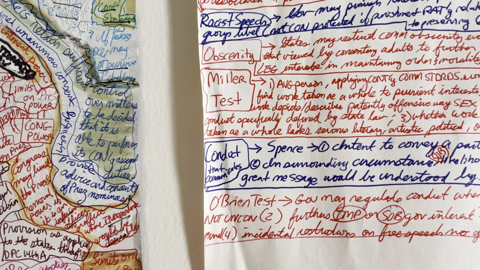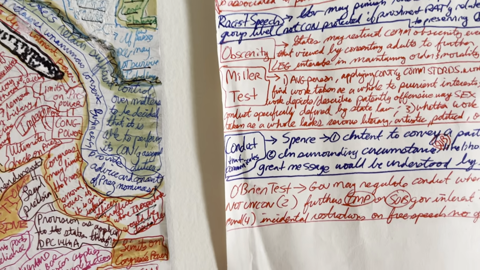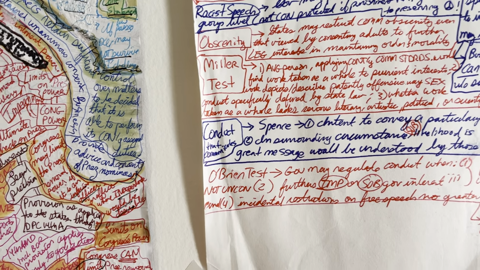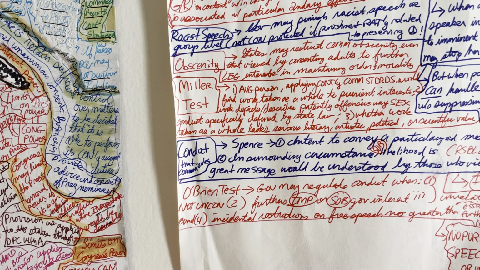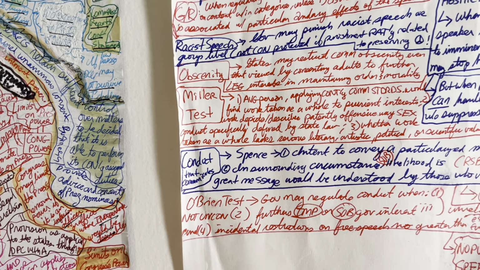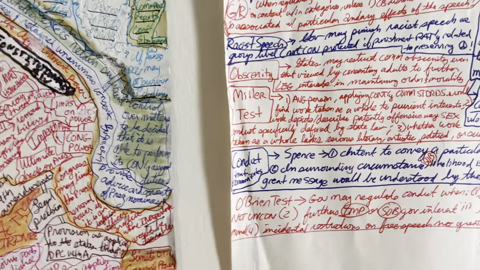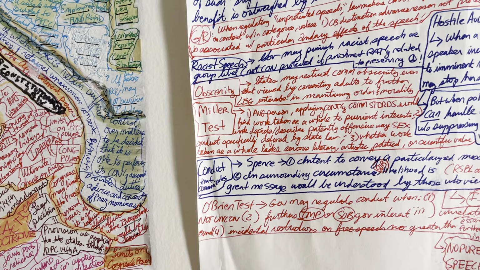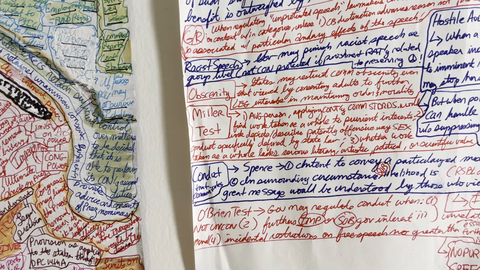And we ask if they would find the work, taken as a whole, to appeal to the prurient interest, fancy word; whether the work depicts or describes in a patently offensive way sexual conduct specifically defined by state law; and whether the work, taken as a whole, lacks serious literary, artistic, political, or scientific value. So it looks like an objective, reasonable person test, applying those community standards. The Miller test for obscenity: objective, looking to patently offensive, advancing the prurient interests.